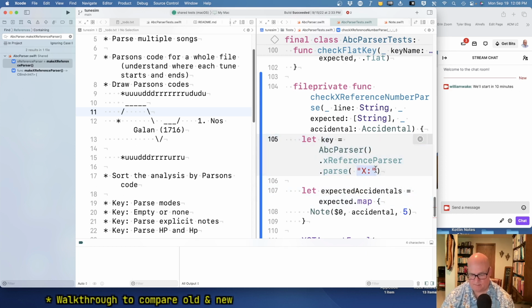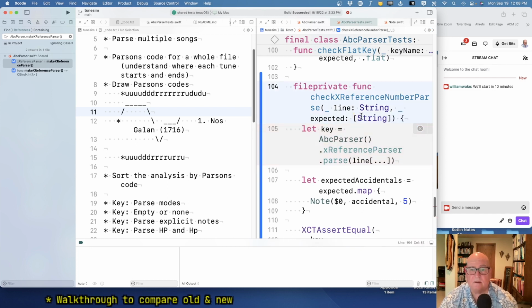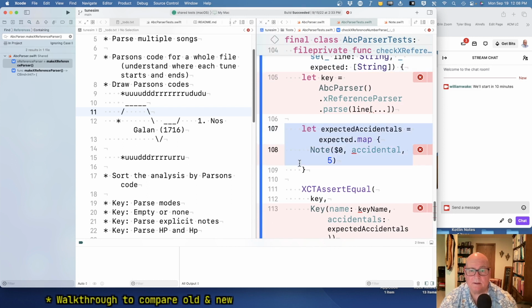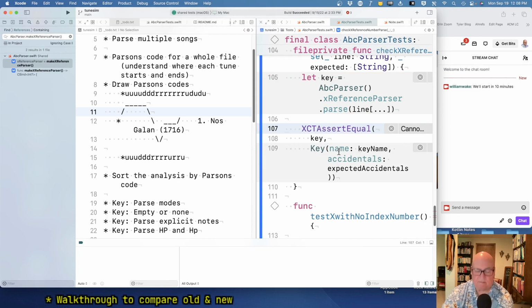Okay. Guess when it's an argument, things are different. All right, we're not going to use an accidental. Okay. Parsing the line. Well, the